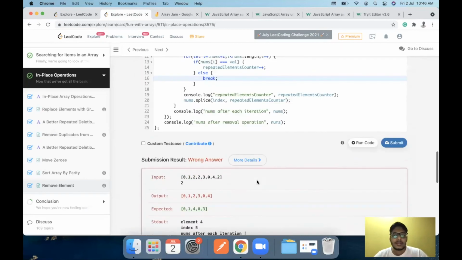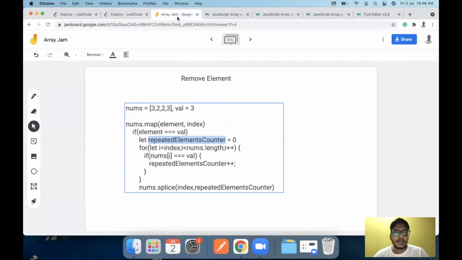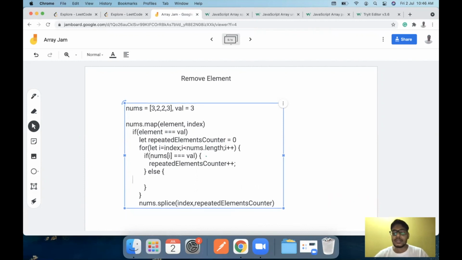Yes. So once we have found the duplicate values, we shouldn't let the for loop run towards the end because this will create issues. So what we have currently done is we have modified the pseudocode to something like this. If we have found a duplicate, we increment the counter, but if we don't find the duplicates, we break the for loop so that the next elements pass do not get mixed up with this one. And I think this will work properly.